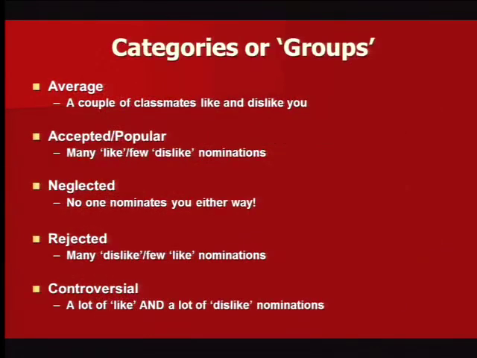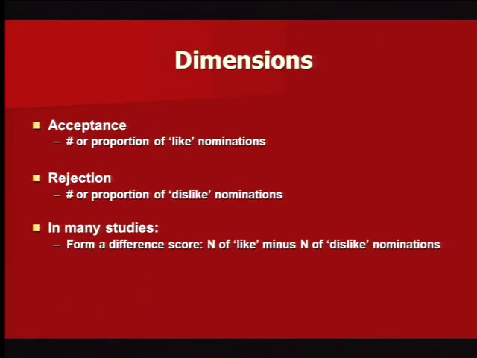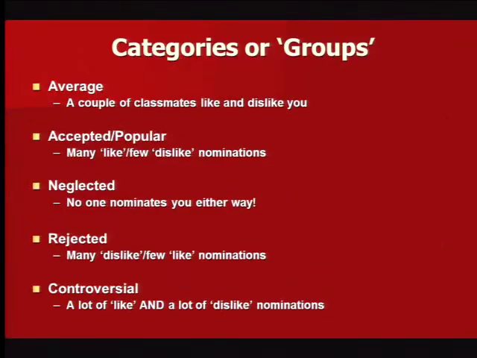So, let's jump back. Whether you go dimensionally and look at rejection, the percentage of kids who dislike you, or the difference between positive and negative scores, or if categorically you take this rejected category, what does that mean? Several big studies were done 30, 40 years ago in the United States. Not of kids with ADHD, conduct disorder, or autism, but in a whole school district. And the researchers were well funded. They went in and did these peer sociometrics in every classroom and got peer sociometrics on thousands of kids.